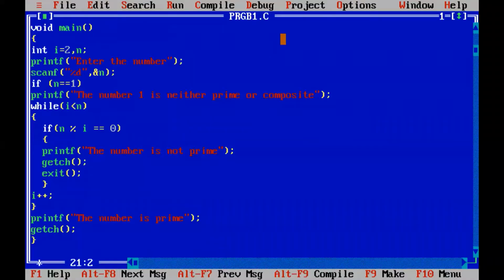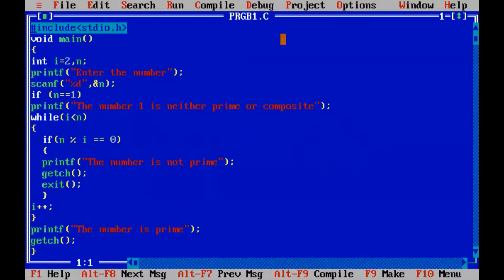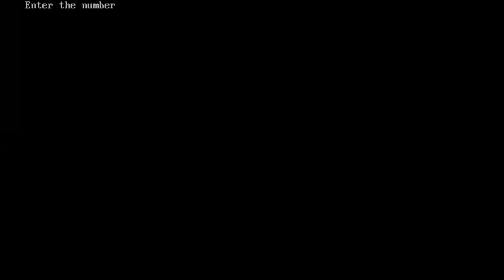Okay, so now we will be executing the program. There are no errors, so okay. Enter the number. Suppose if I enter 9. One second, I didn't clear my screen. So here, now it is done. No errors, small program. So enter the number. Suppose any of the non-prime numbers, suppose if I enter 8, what will happen?